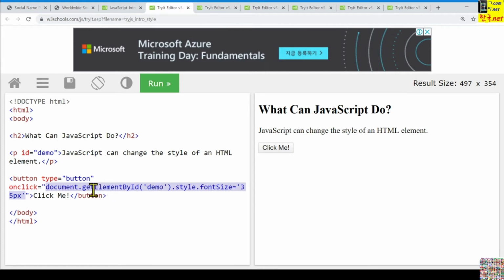And here it is get element by ID name demo, then style. Here no style, right? This is using just default style, but we can provide some style. It is style, and the value.